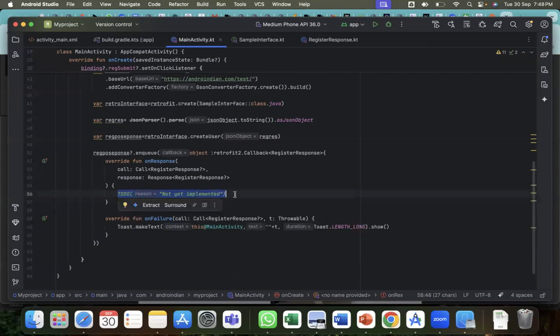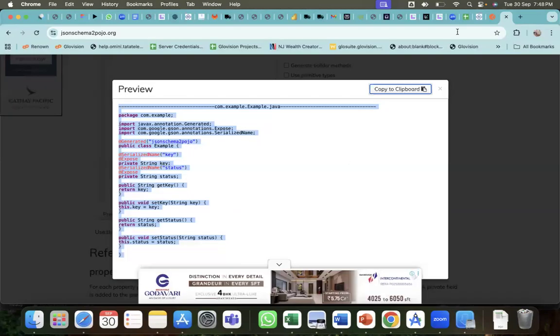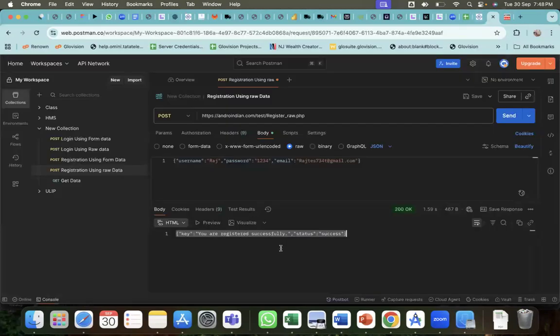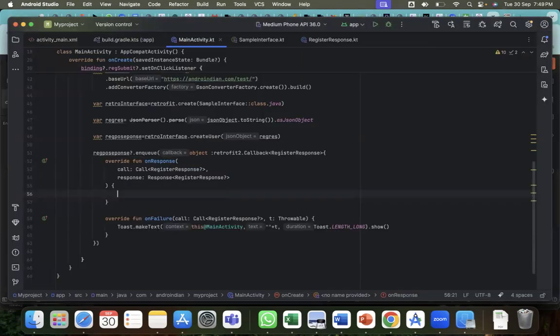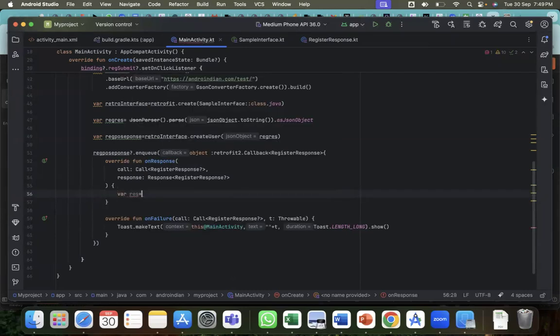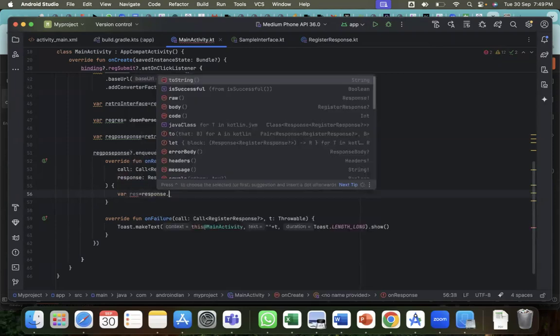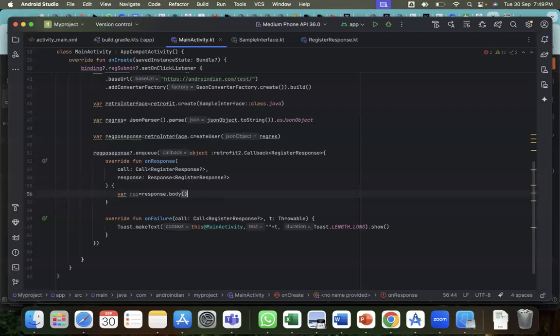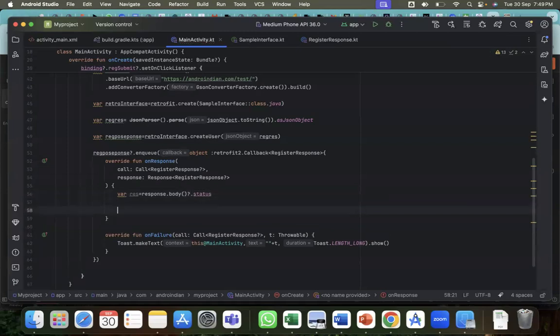Now I want to handle the success response here. In the success response we get two scenarios. As we already saw, it is the register key comma value pair, key status success. Based on the status success, we have to write this. For that, I created var res equal to the response, whatever response we are getting, response dot body dot. From the response body we get the status. Based on the status, I want to update. Right now I'm writing if